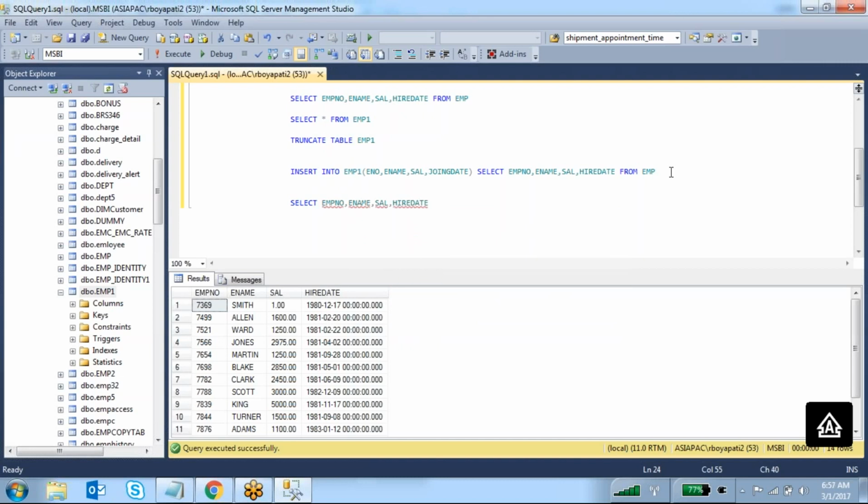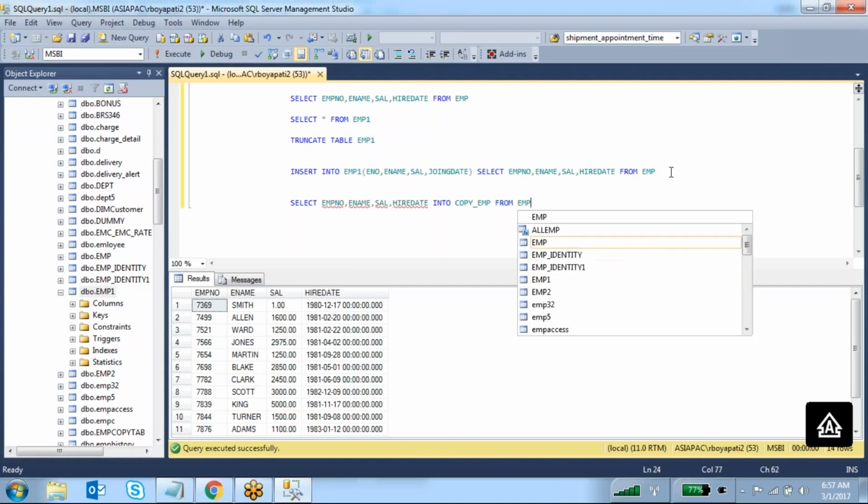Select employee number, employee name, salary, hire date, into what is the new table name you want to create? I want to create copy_emp. From which table you want to take the data and structure? From emp table.